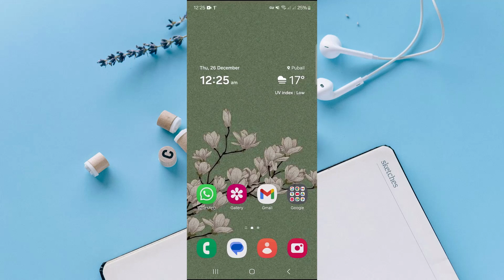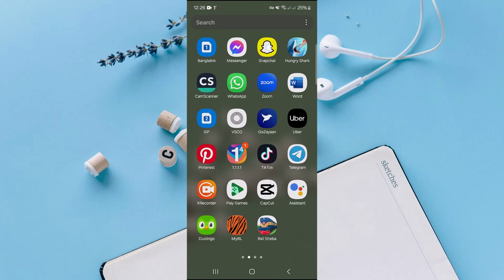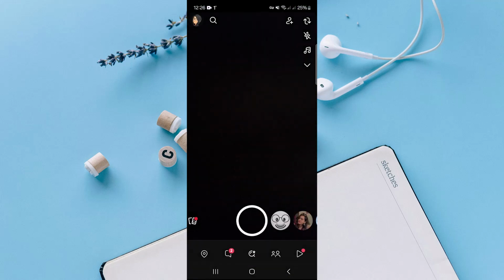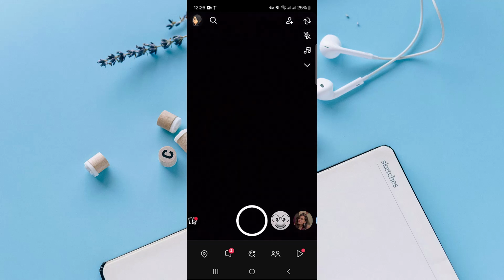In today's quick video, you are going to see how to remove Bitmoji from Snapchat. So to do that, let's head over to our Snapchat application. Make sure you have logged in into your desired account and then head over to the Bitmoji on the upper